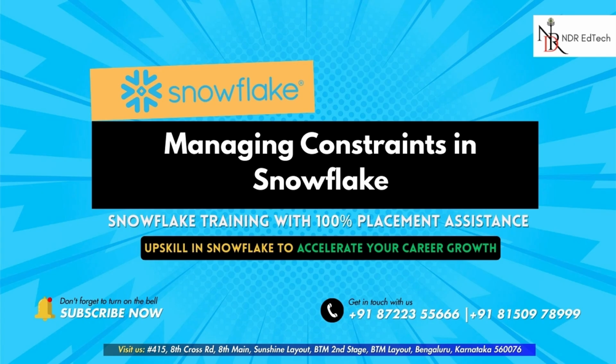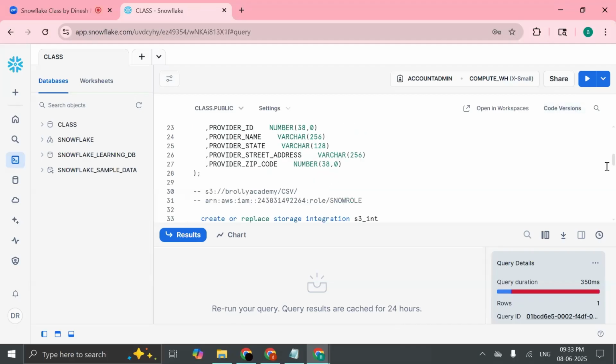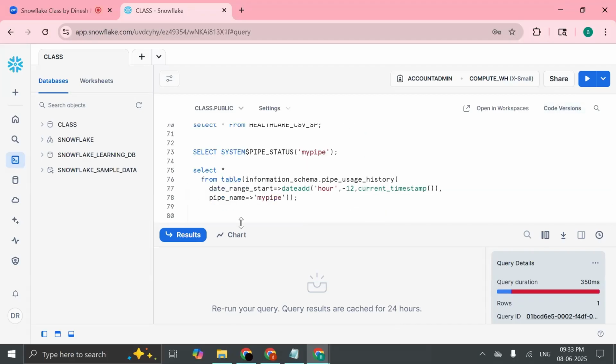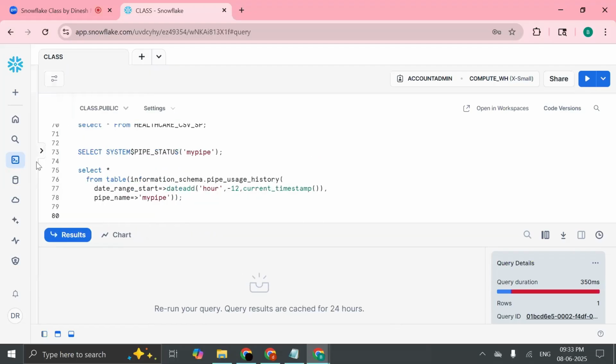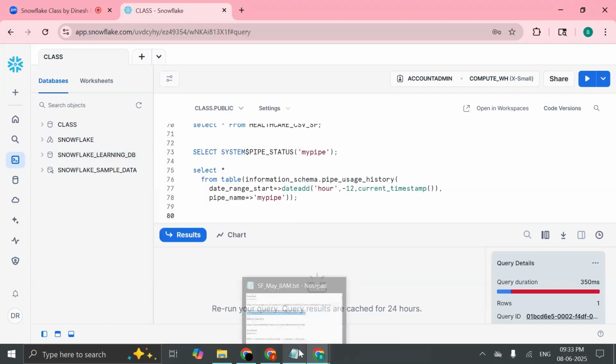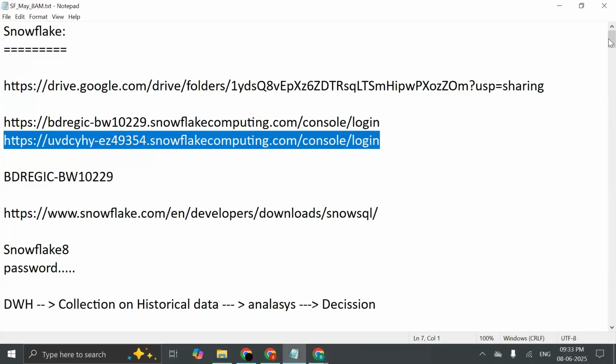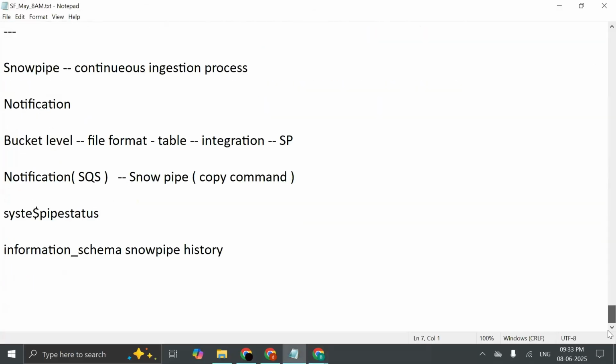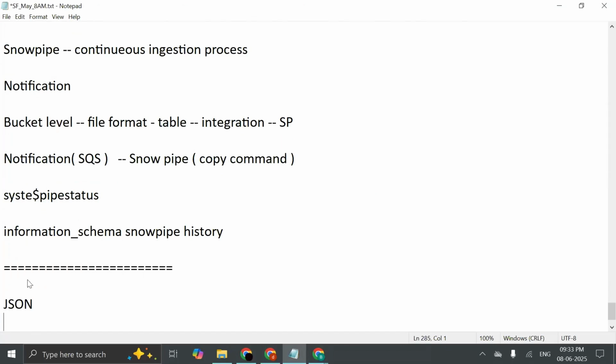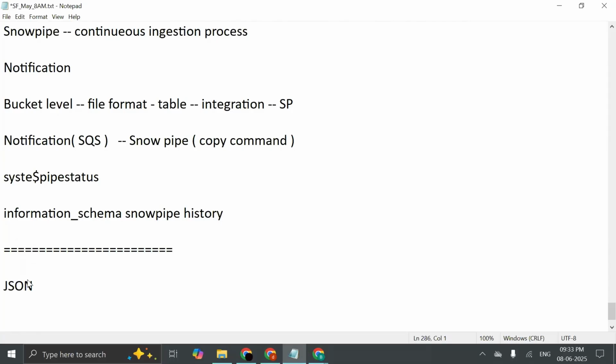Okay. So in the last session we saw how to automate the continuous ingestion process, right? So today we are going to see how to work with JSON data. When we were loading the data from AWS to Snowflake, we converted the JSON data and then loaded it. But today, we are going to see